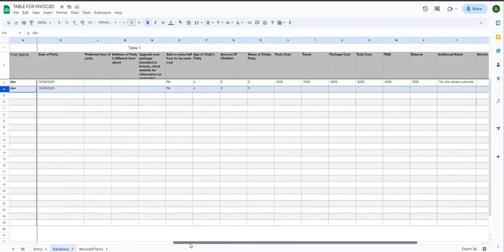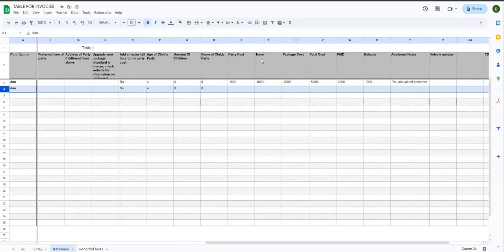You can see all the data here. Now, if you want to make any changes in the party cost, travel cost, package cost, you can always make the changes in here. This is one way. The other way is that,